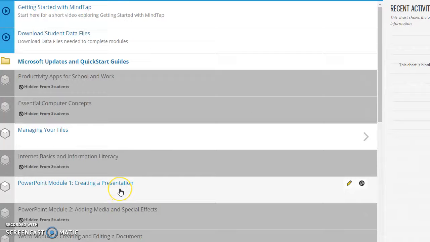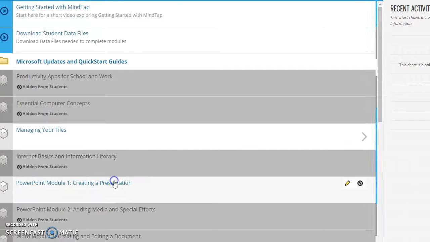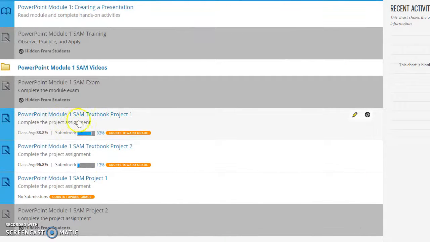Okay, so today, when you get done with PowerPoint 1 Module 1 Samtext Project 1 and PowerPoint Module 1 Samtext Project 2, you will start PowerPoint Module 1 SAM Project 1. The difference is these two are out of the book, where you have to use the book up here to finish them. This one, when you click on it,